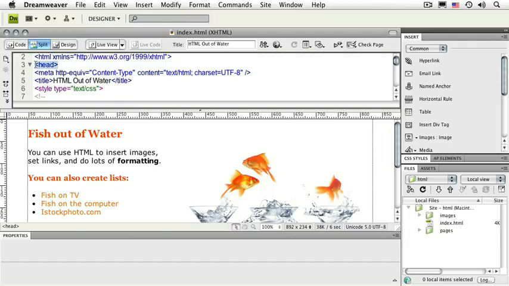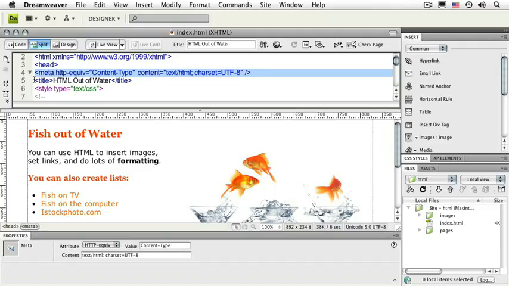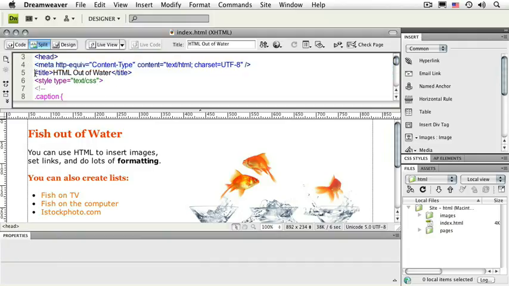The head tag is where you really want to start paying attention. As I mentioned, a number of things get stored in the head area of the page, such as metadata. In fact, if you want to include meta name, meta description, and meta keywords, those are also useful pieces of text to add into your page, very useful for search engines, and this is where those are stored in your web document. Here's the title tag, and you can see it matches up here what's in this title field. Dreamweaver displays it in this title field, but in the code, it's in the head area of the page